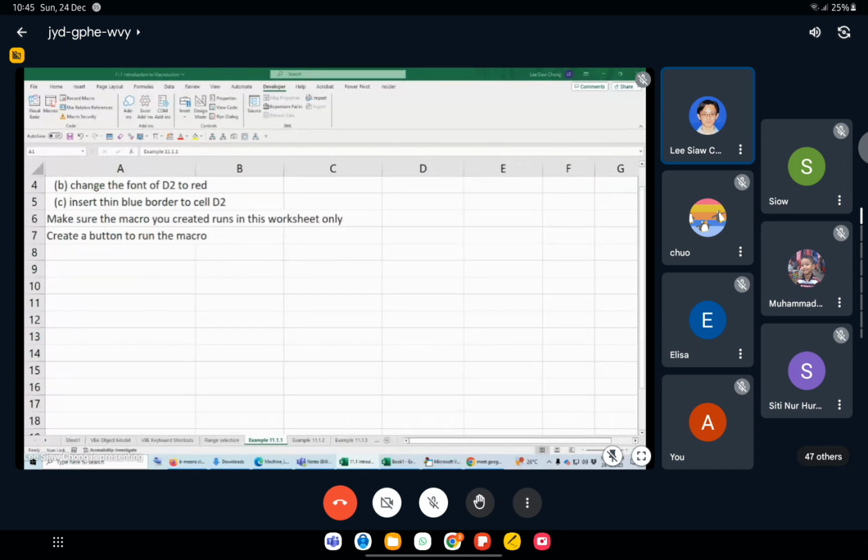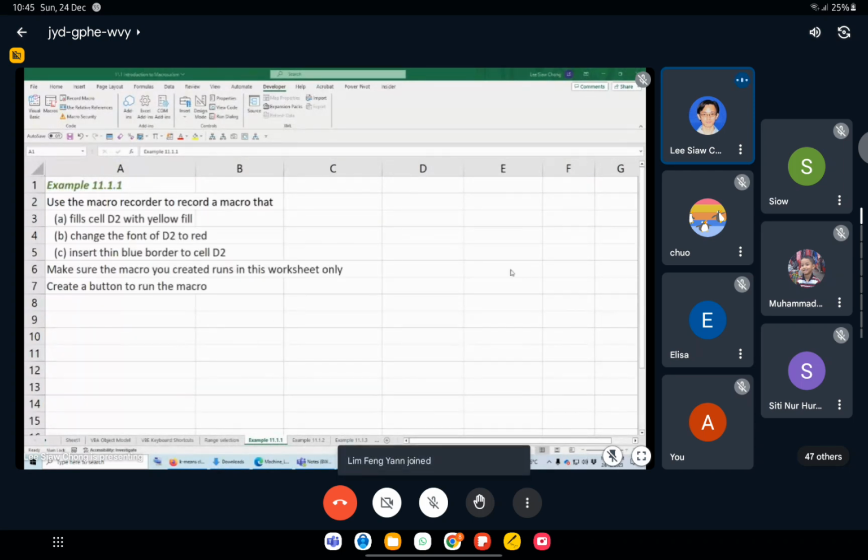Okay. So here, what I want you to do is, I want to record a macro to fill in cell D2, right here, with a yellow fill. Okay. Now,